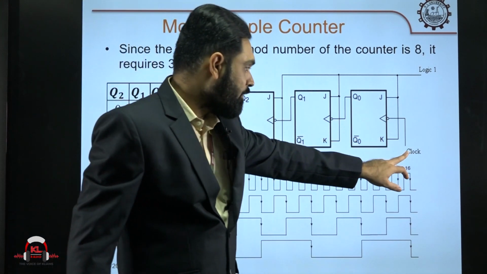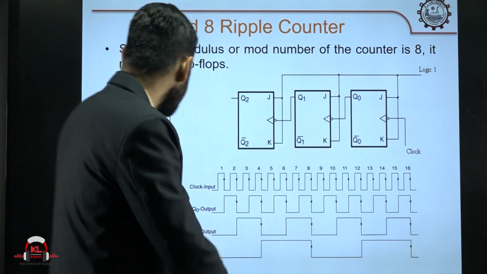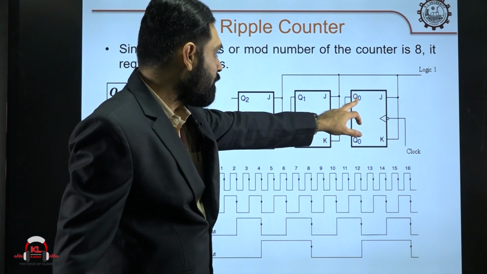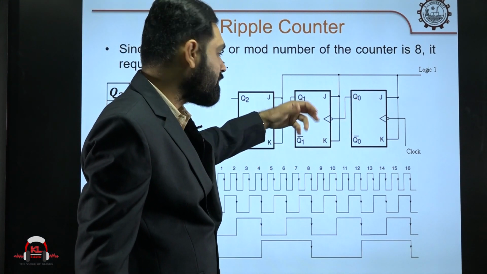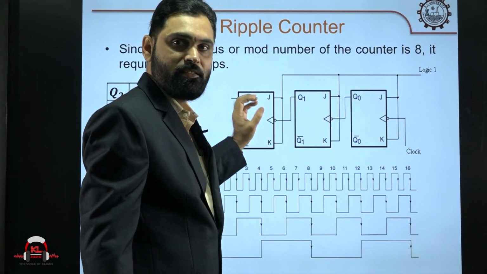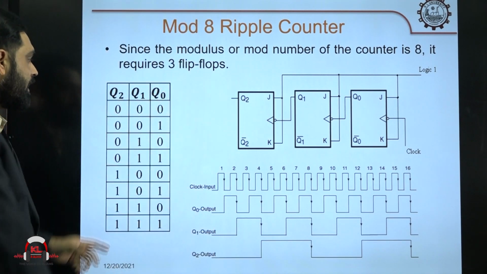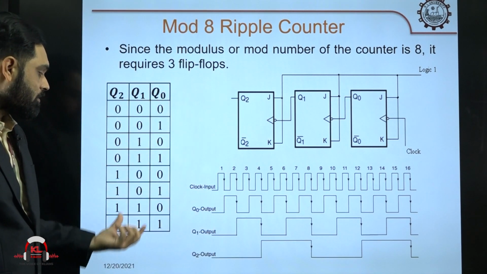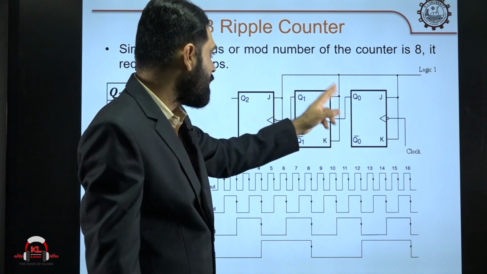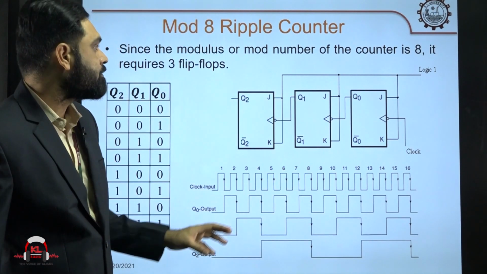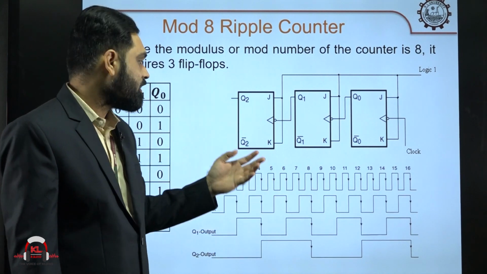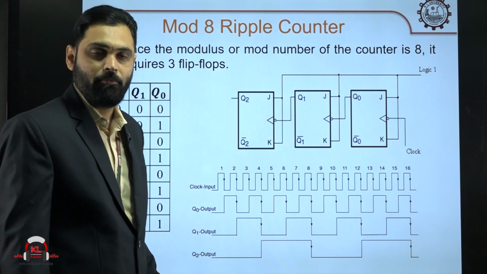Like that, every time you apply a clock pulse, this flip flop triggers. Just look at Q naught: one time 0, one time 1, one time 0, one time 1, like that. Whenever a 1 comes here, that will trigger the next flip flop and it will be in the active mode. Whenever it is getting 0, the next flip flops remain in the same state. Like that we will get all these values 0 0 0, 0 0 1, 0 1 0, and so on. When it reaches 1 1 1, if you give another clock pulse, again it will become 0 0 0. So, this is a simple ripple counter, a 3-bit counter, and we call this an up counter also, because the value starts with 0 and ends with 1 1 1.